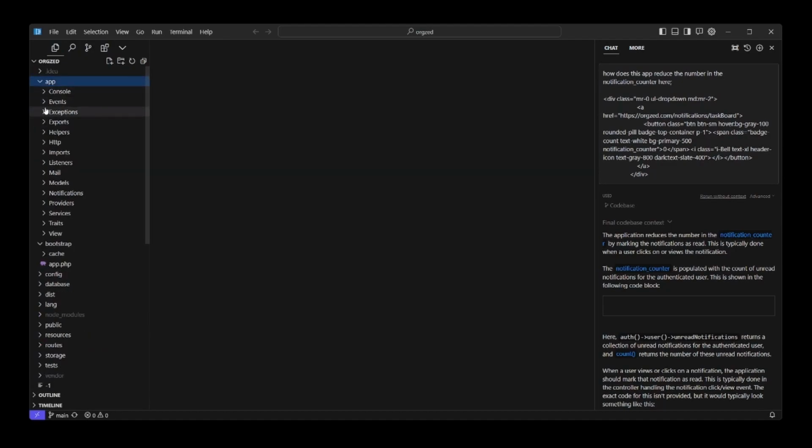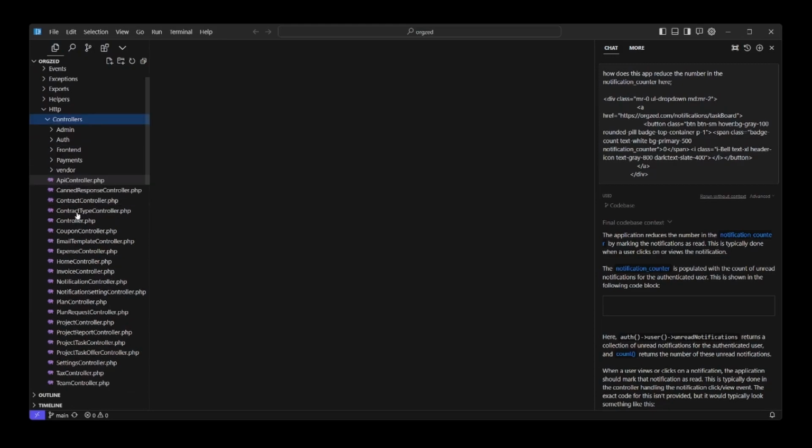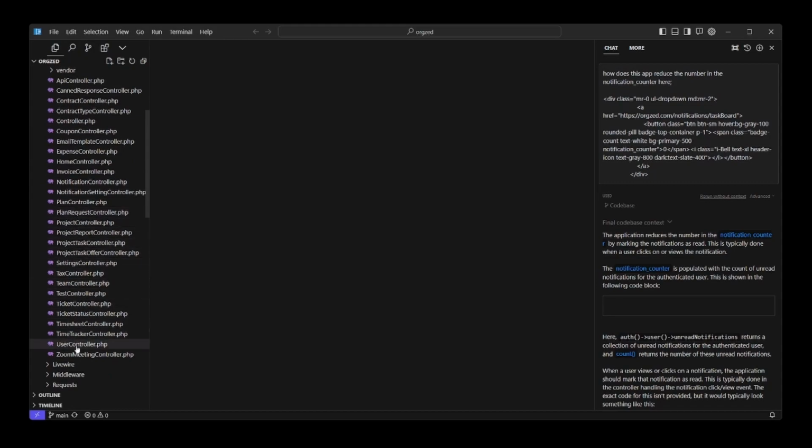But it's giant, okay? Like here we got our HTTP folder. We got a bunch of LiveWire going on, but just look at our controllers. Okay, we got folders in the controllers folder, but just top level stuff. Okay, this is a lot,